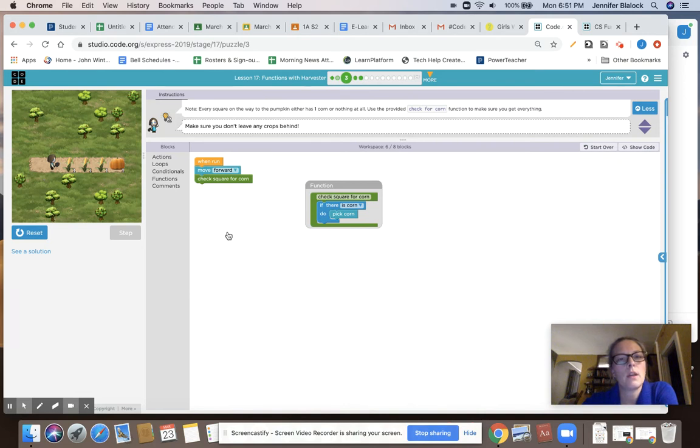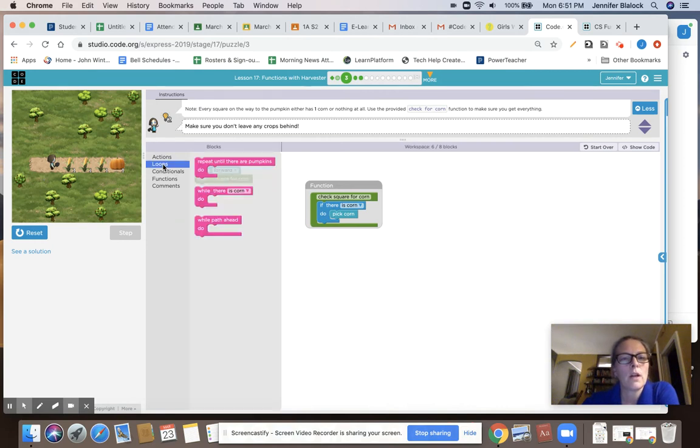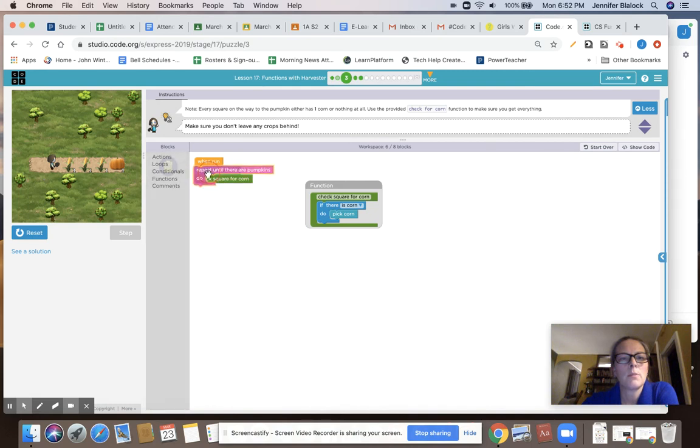We have to go all the way to where the pumpkin is. So we could move forward, check for corn. We could put another move forward, check for corn, move forward, check for corn. And we've done that before, but we also have used loops, so repeat loops. So when you click in loops, you have a couple of options. This one says repeat until there are pumpkins, do whatever you put in this space. I'm going to try that one because it said every square on the way to the pumpkin, which means if I repeat until I get to the pumpkin and I put this code in there, move forward, check for corn,